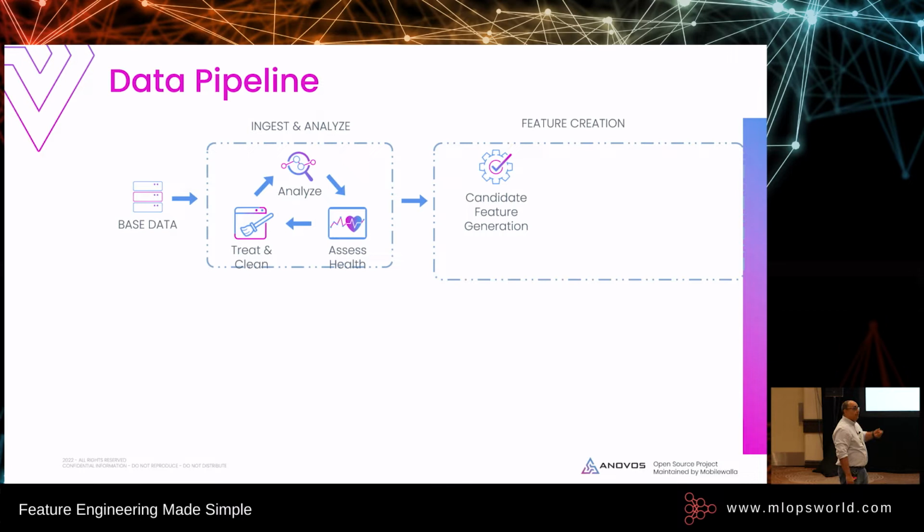The feature creation phase itself, you can think of sort of three broad steps, right? The first is candidate feature generation. The first thing that people think is, I'm trying to predict something, right? I mean, I am